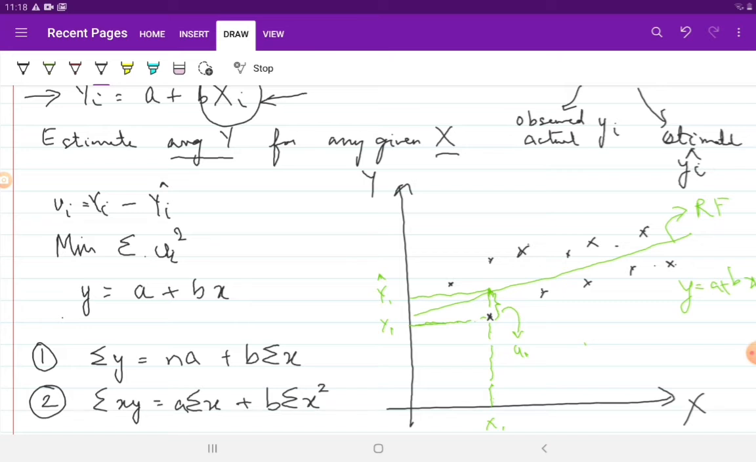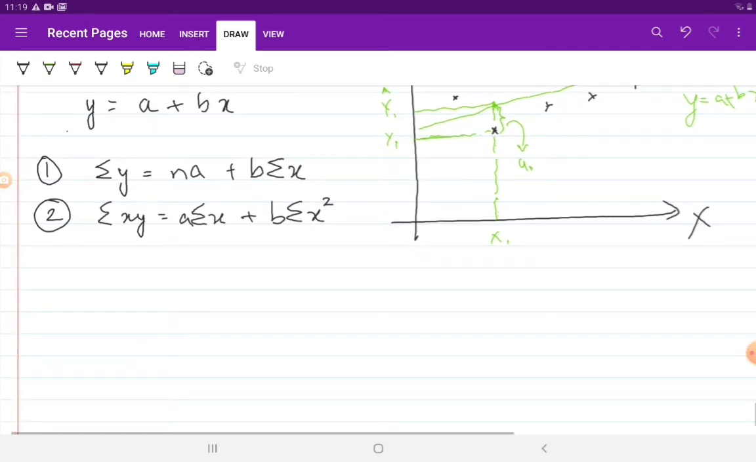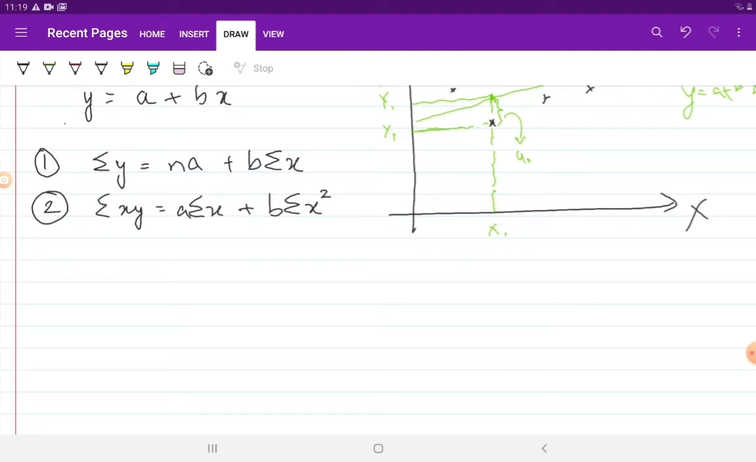Now based on this, when we were fitting a line, we took these two normal equations, we filled in all the possible values from the table we had at hand, and then we just solved simultaneously to get the values of a and b. Since we're doing regression analysis, I'm just going to derive the two values in the form of a formula. So for b,